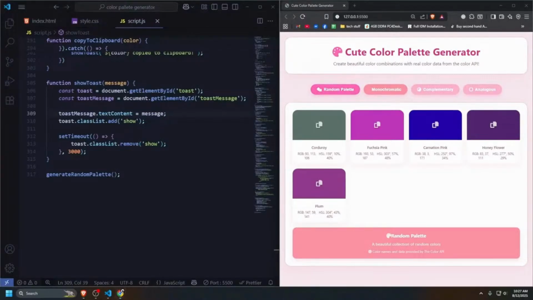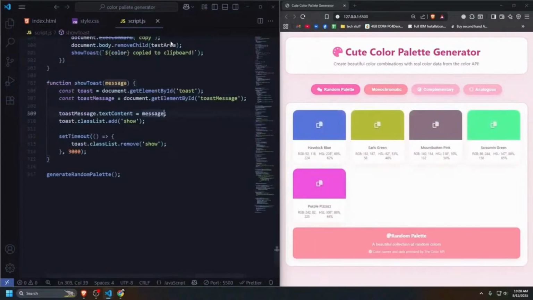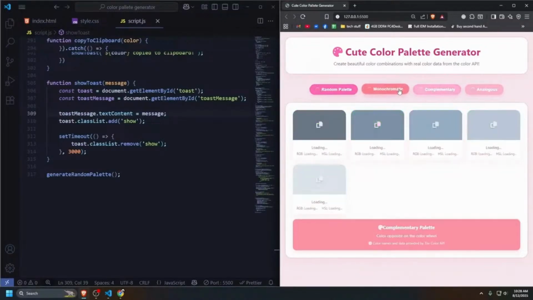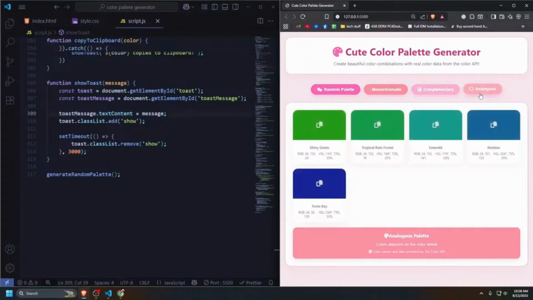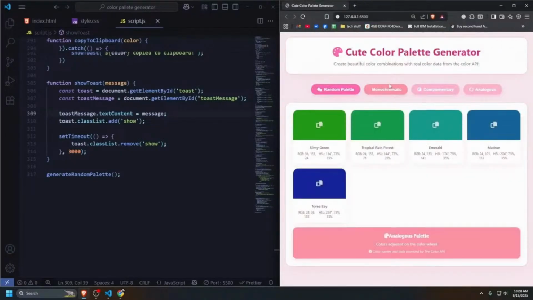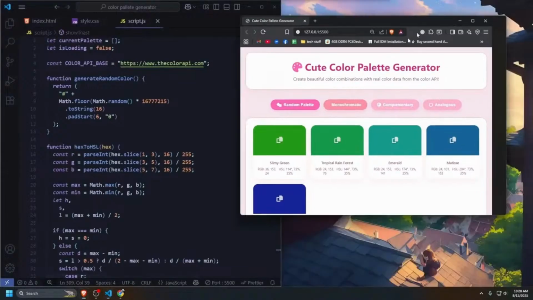Give me a second. If I go to here and, oh, okay, I put this to class. Put this to ID, and if I do now, okay, the thing is working perfectly. So that's great. And yeah, it's working perfectly. Now if I just copy this and paste it right here, it'll give me the hex code. Okay, that's it. After a lot of troubleshooting and making it happen, we have finally finished our color palette